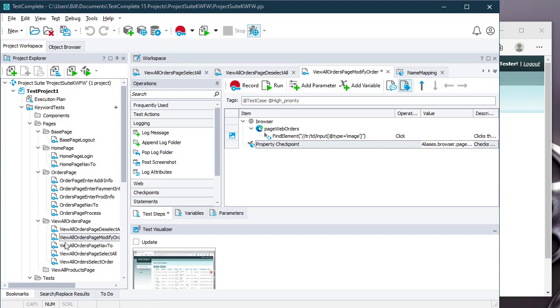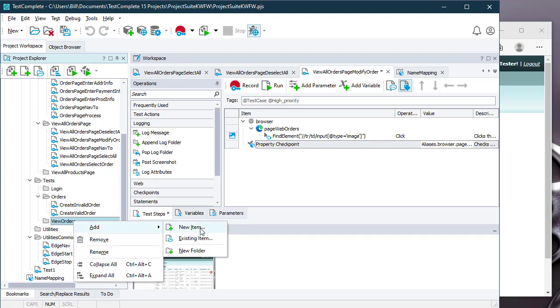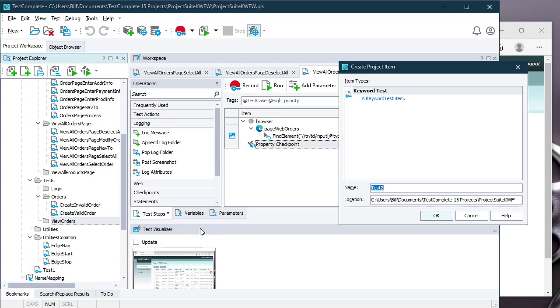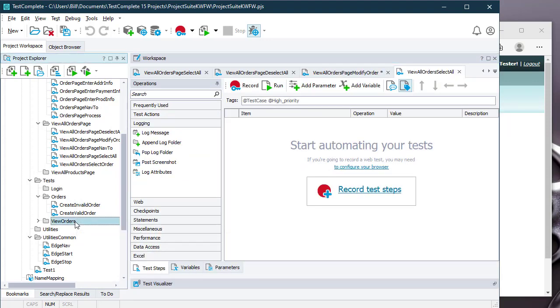So now that I've built out a few more keyword functions for that particular page, I can build out the view all orders tests. So I've got the view orders folder there, so that's the sort of feature that I want to test, and now in here I can start to add test case. So I might want to add a test case for view all orders select all. I want to add a test case for deselecting all. You get the idea. You just want to